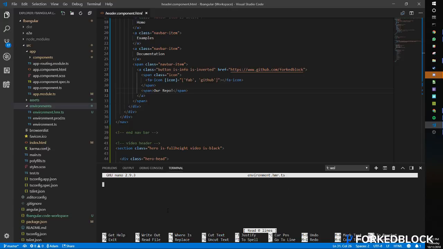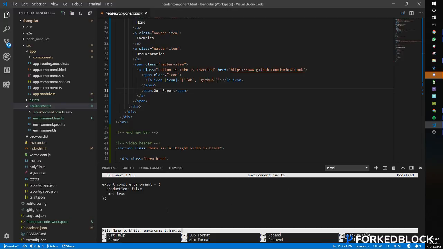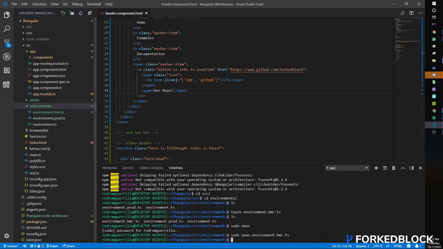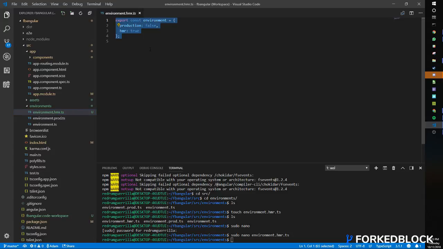Okay, so now I'm opening this file. Let's paste that back in, write this file out, bam, done. Let's exit. And as you can see here, what that did was create this file and edit the internals, and I did that all from the command line with the sudo nano editor. Now that we have that,